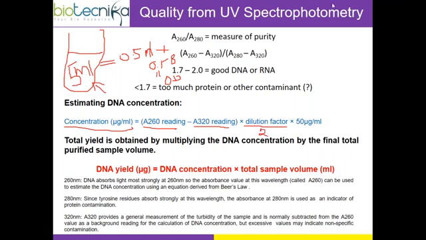Into 50 microgram per ml. Do you remember where I'm getting 50 microgram per ml? Some people are asking. Syed, from the previous, because for standard DNA, if the OD is 1, the concentration is going to be 50. So, dilution factor.